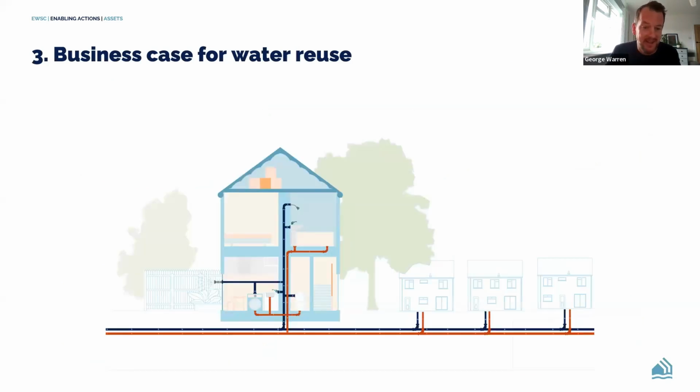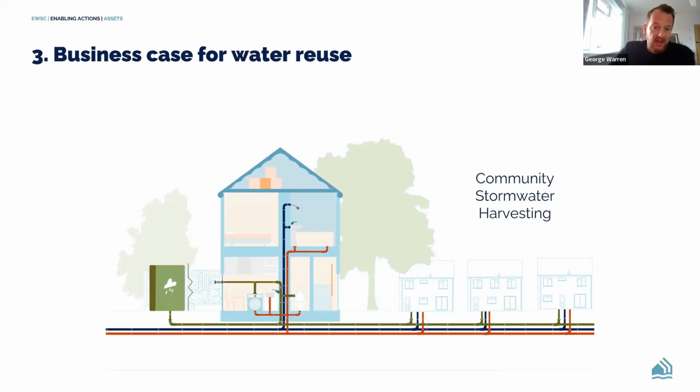So this is where I start teaching you all to suck eggs to a certain degree. Look at this as being your standard pipework within a property, and you'll see here we're indicating, on a community scale, a conventional supply. What we wanted to look at was what happens if we looked at community stormwater harvesting. And I say stormwater harvesting because from a community scale, it's unlikely we're going to be harvesting only rainwater off the roofs. We're actually going to be looking at harvesting rainwater that lands also on impermeable surfaces across the development, and the sort of pipework that may be involved in that.